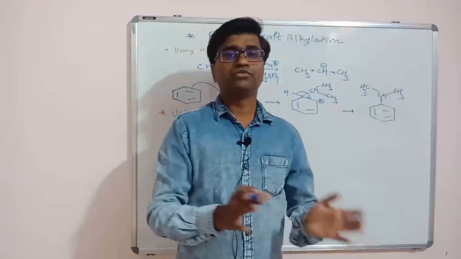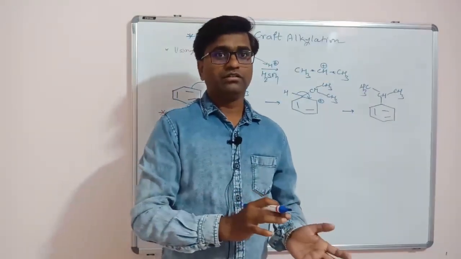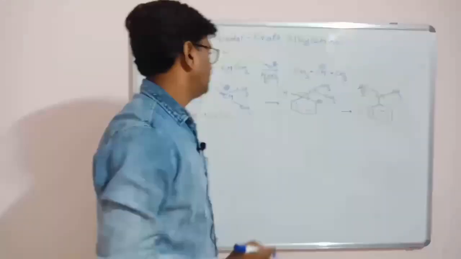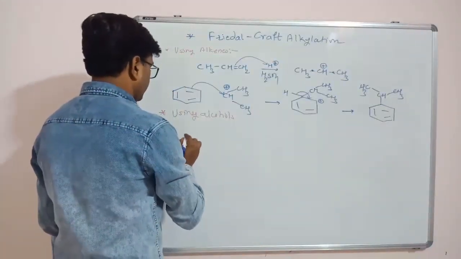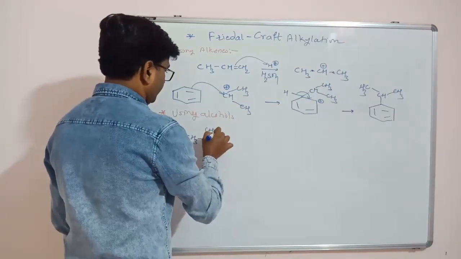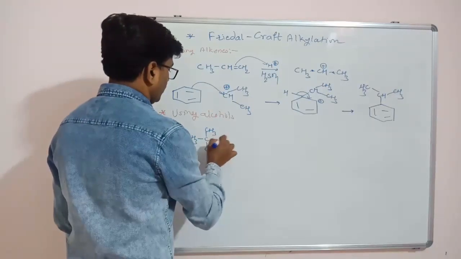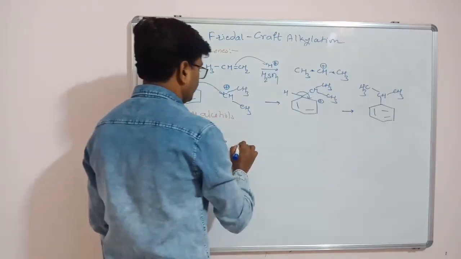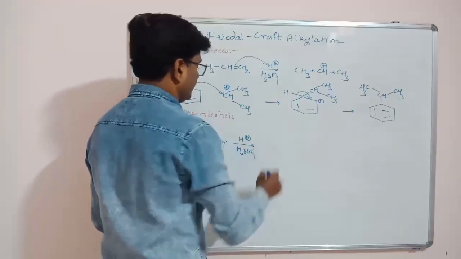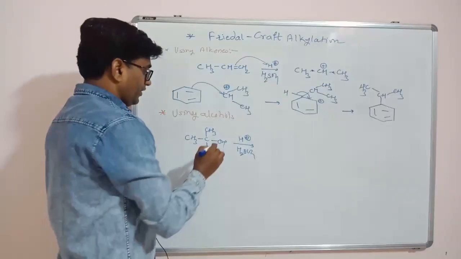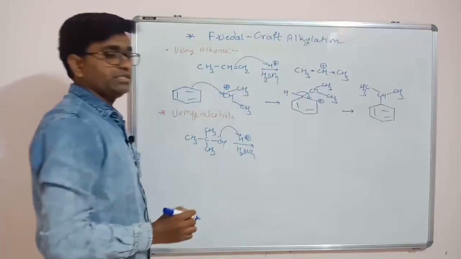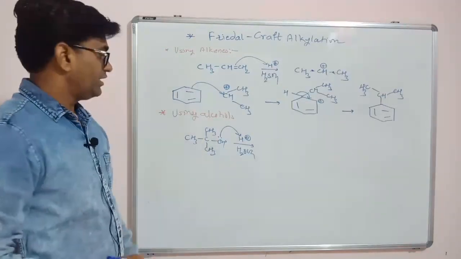The main matter is to form the electrophile, the carbocation. In this case the electrophile is a carbocation. So first is formation of carbocation. For example, we have this tertiary butanol, (CH3)3C-OH. In this case also we have to use acid as a catalyst, like H2SO4, a dehydrating reagent. So what will happen? The lone pair of this oxygen will attack this H plus. So there will be the protonation of this OH.